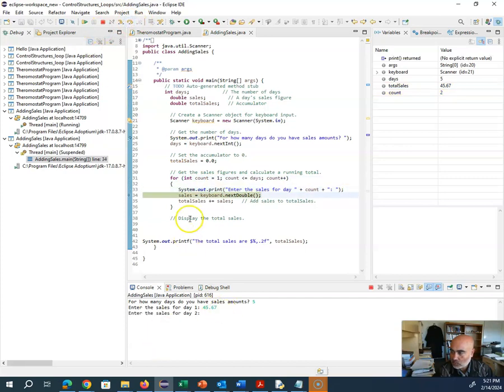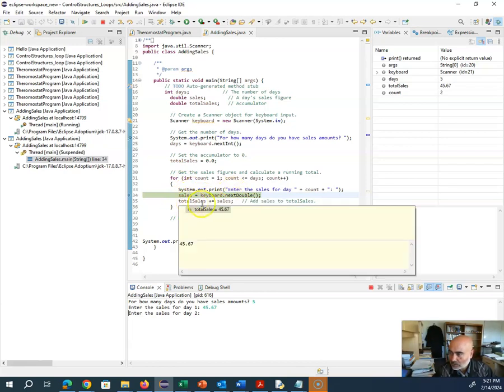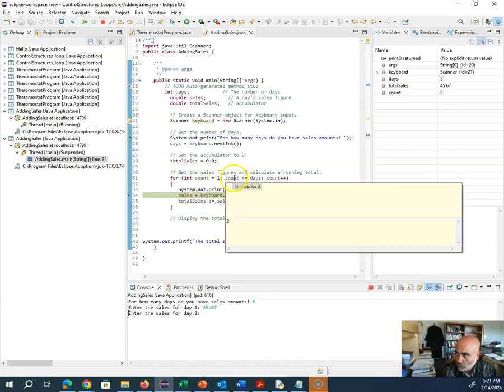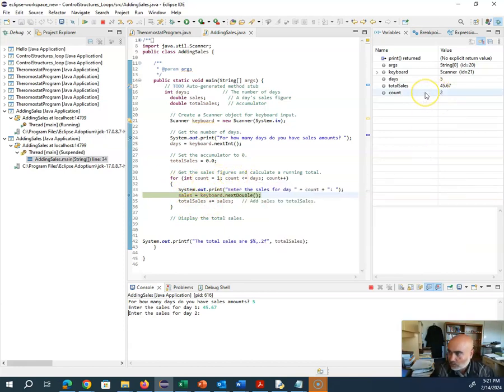Enter for day 2. See how this thing is moving. It's executed this line. It came to this line. After I do a step over, it's going to add it and then go back to the for loop because it's not out of the for loop yet. So the count now is 2, okay? And then I have to input the value 87.25, and I hit enter, and then again I do a step